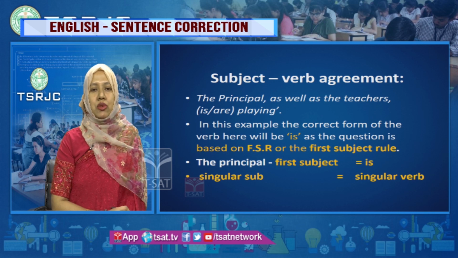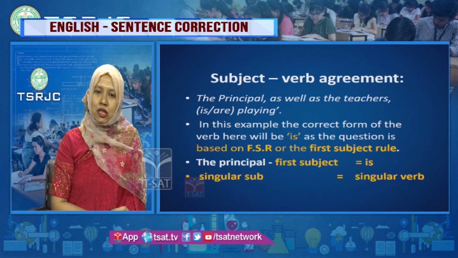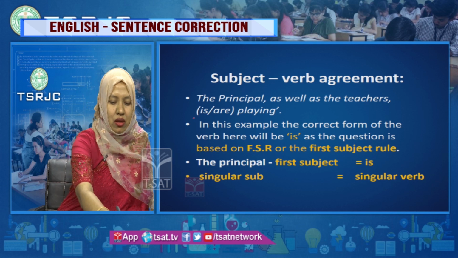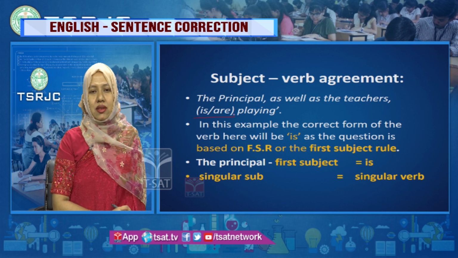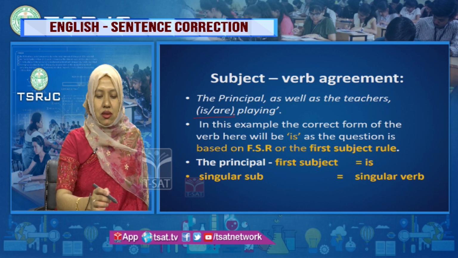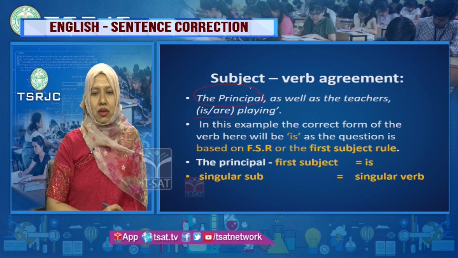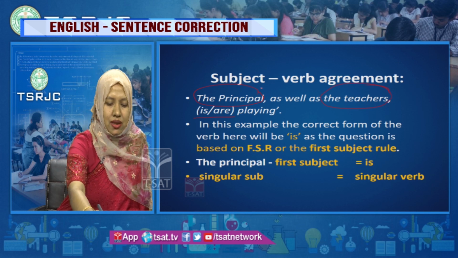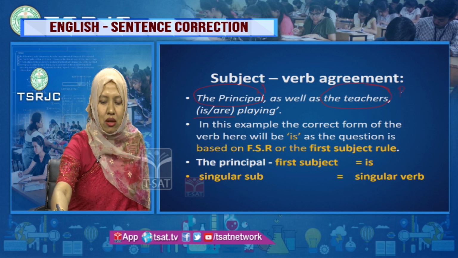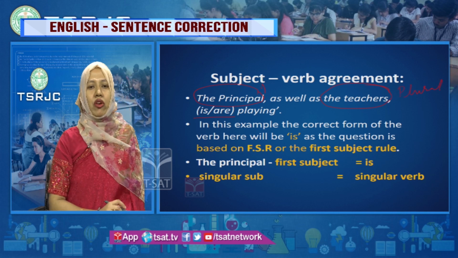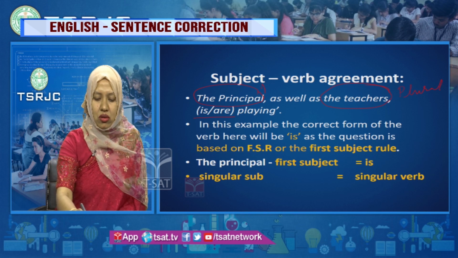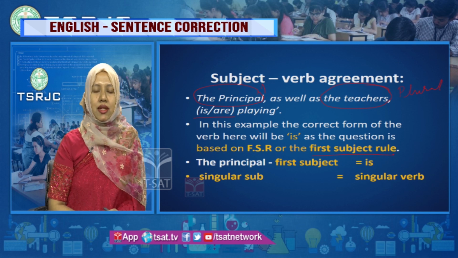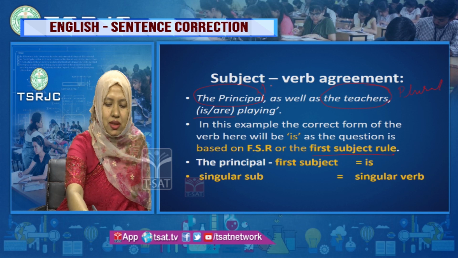Let us look at the farthest subject rule example. The principal as well as the teachers dash playing. Now, in this sentence again we have 2 subjects, the principal, the teachers. Here the subject is singular, here the subject is plural. Now, what verb you will use? If you follow the first subject rule, that means what is the first subject? The first subject is principal. Principal is singular,